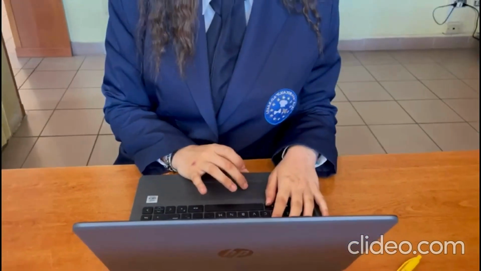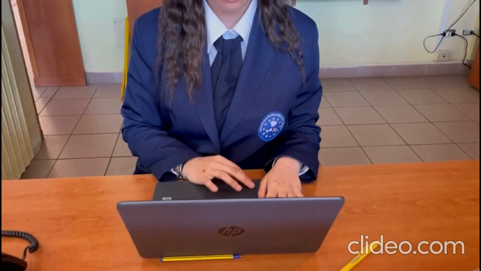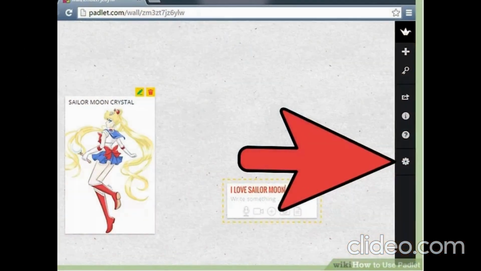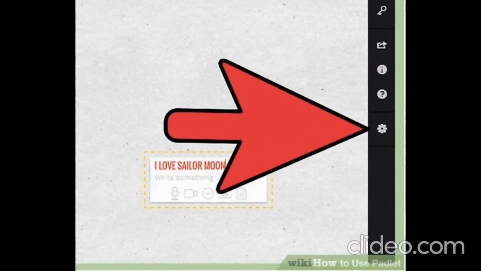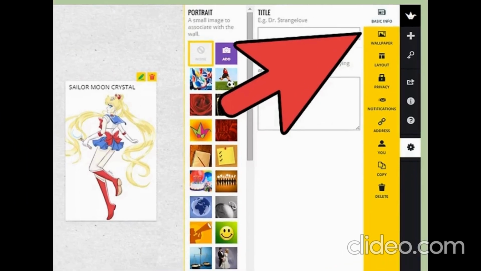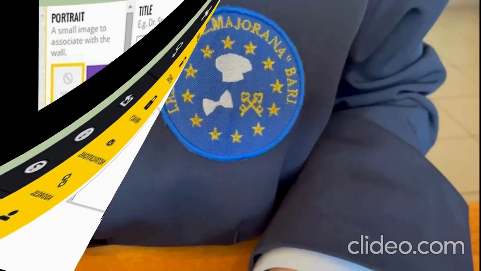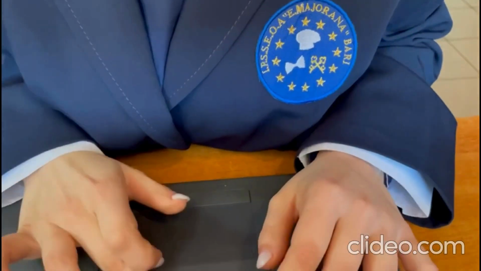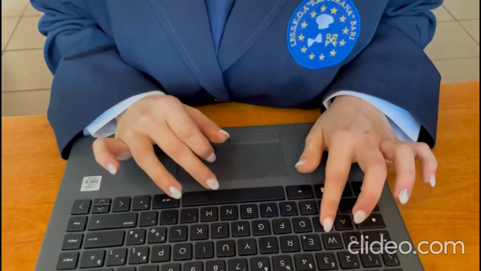Changing the settings. Click on the cog in the right column. This icon will allow you to access your modification settings. Move from the top down in the tabs to modify the wall. Begin with the basic info, which includes the title and the